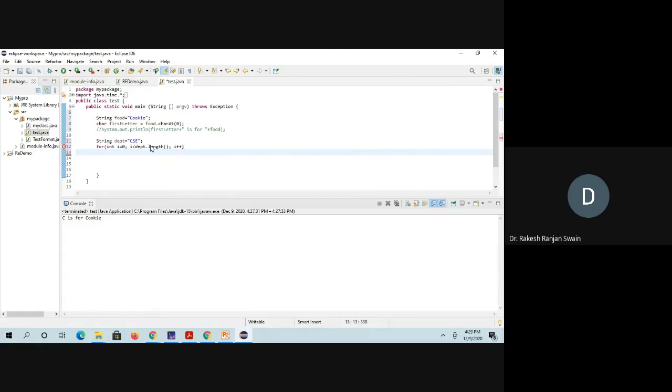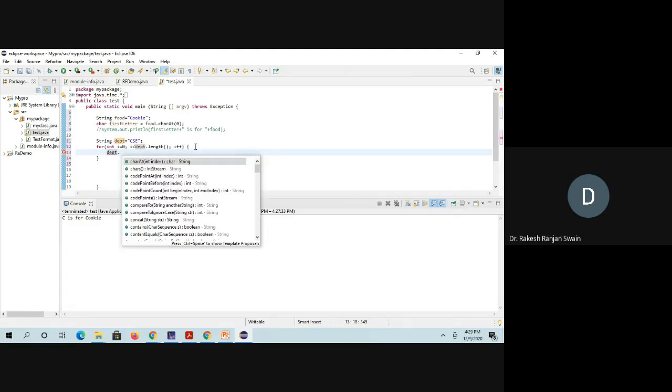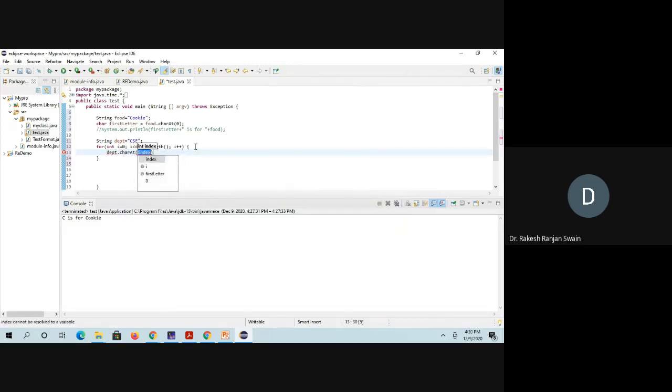And inside this, I will give a bracket here. Inside this, I will extract each character using charAt. I will call department.charAt with index i.